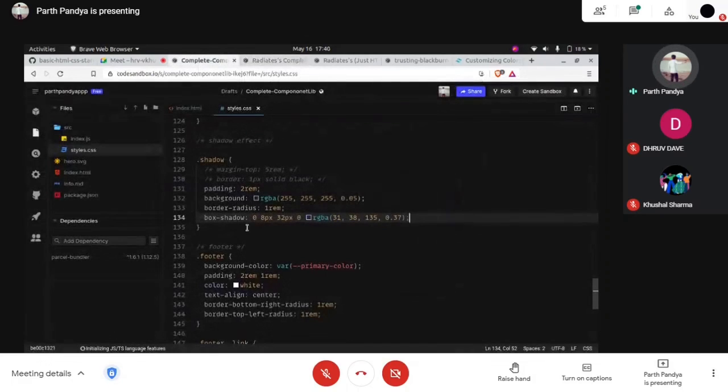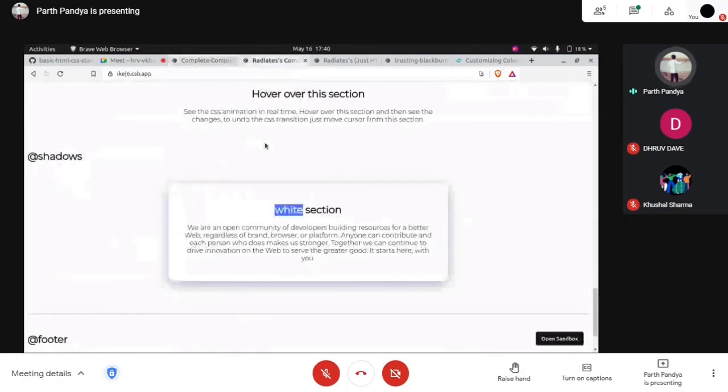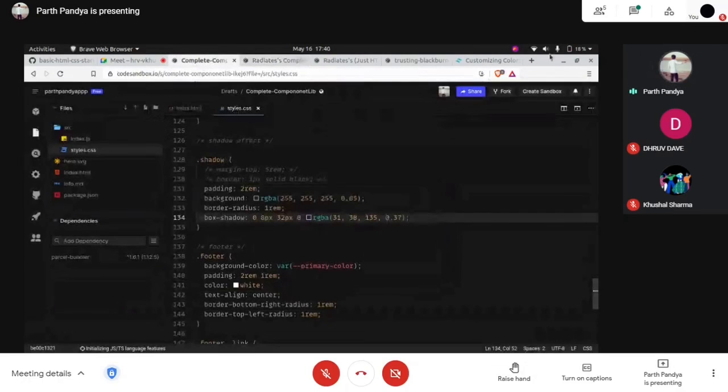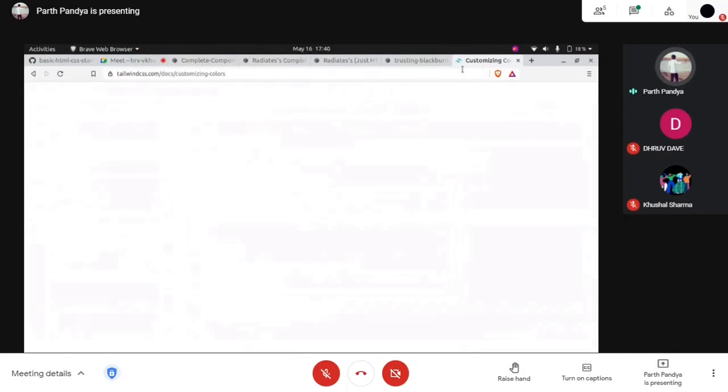This box shadow has a series of values inside it, like a border. A series of values we have to add to give a shadow to a box. We don't have to remember all of this.